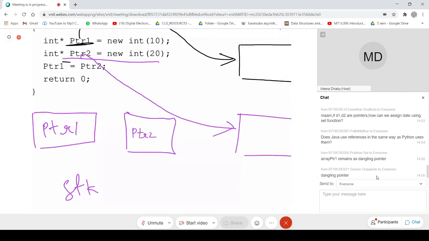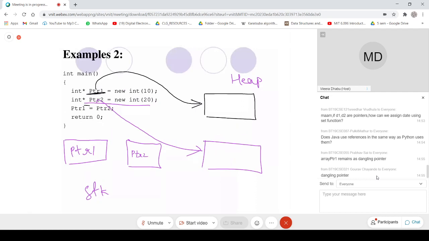But as soon as you say PTR1 is equal to PTR2, you are making PTR1 also point to the same memory location. So this link is gone. You have taken the memory from the system, but through your program you forgot to deallocate it or return it to the system.